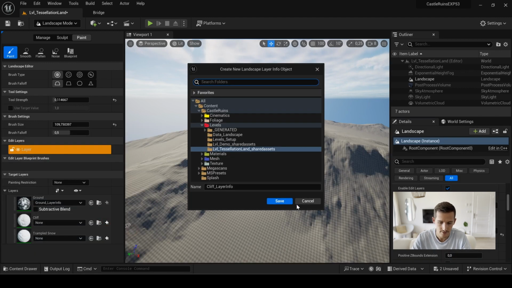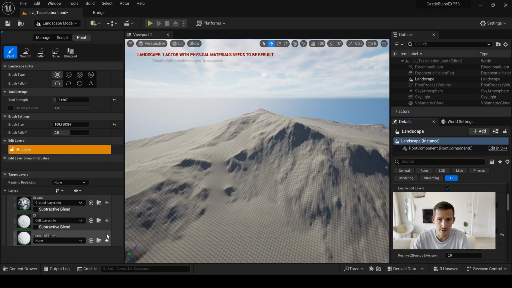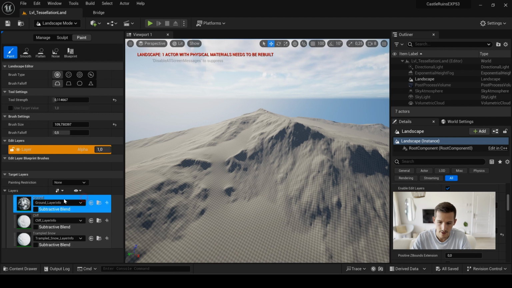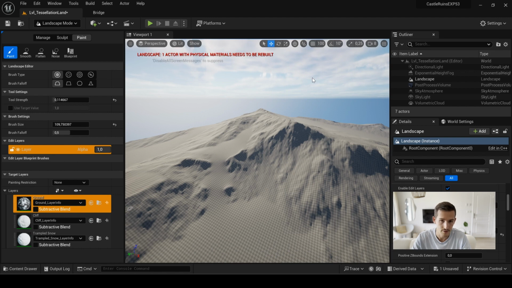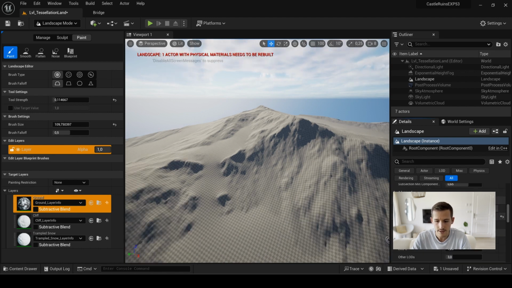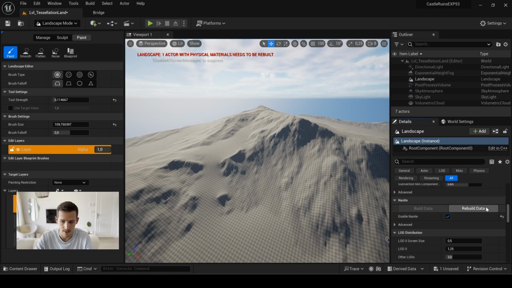Save it where you want and do the same for each layer. To use the first layer as a base layer, right-click on the layer you want, in this case the ground, and click on Fill Layer. If nothing appears like here, we probably need to rebuild data from your landscape.